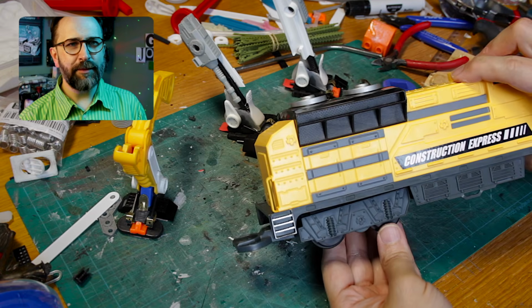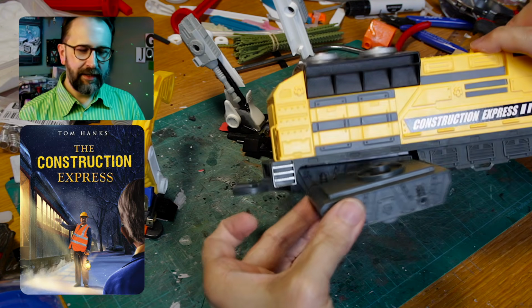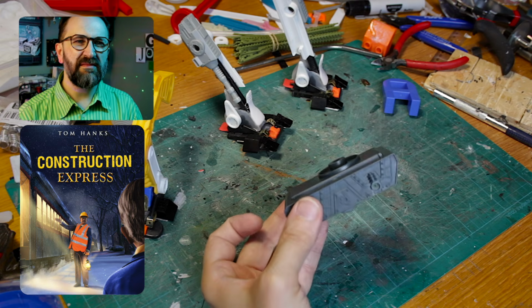All aboard the Construction Express. Disappointing sequel to Polar Express. I thought the way it just carries the lad off to work on a building site is...